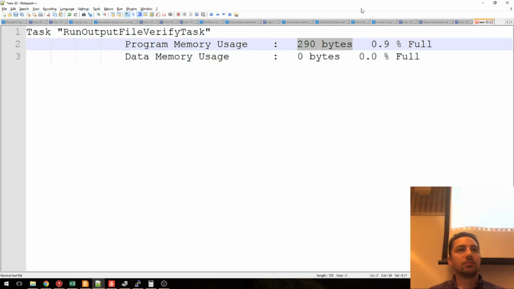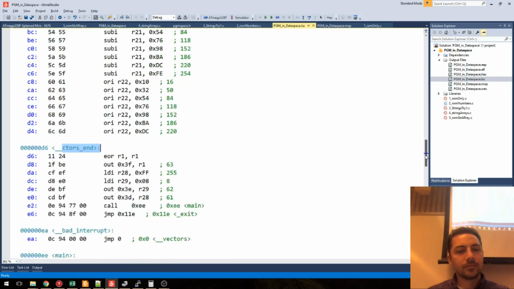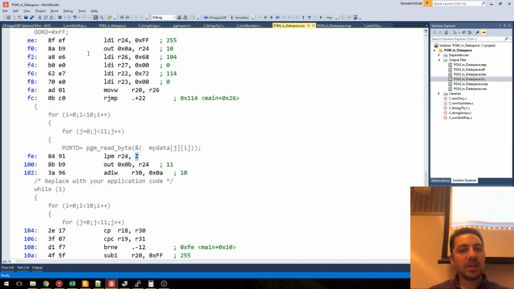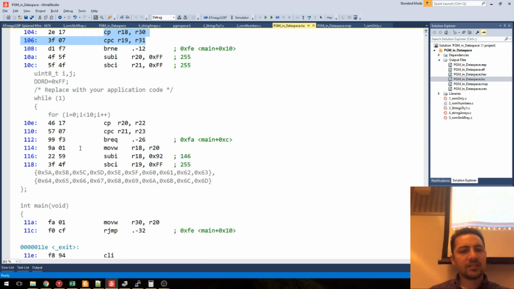Everything else is there, but we no longer have a copy. And if we go and look at the listing file right around here, you can see that it sets up Z somewhere up here and does an LPM. And then I think it updates. Yeah, it looks like it's updating Z a couple of times. But it does use an